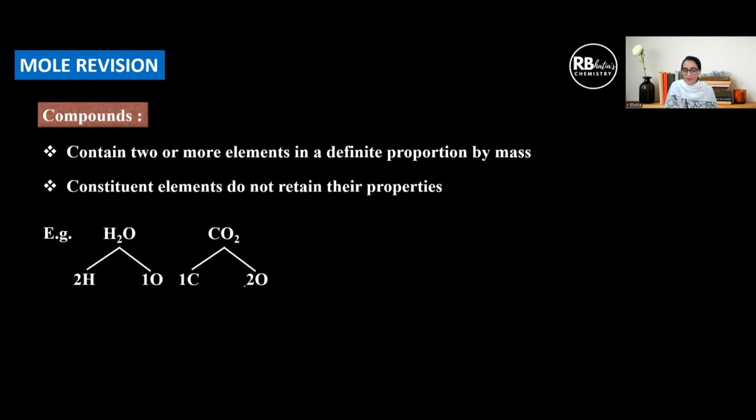Similarly, we have the example of carbon plus oxygen to give carbon dioxide. Carbon dioxide is a compound. Carbon was a black solid. Oxygen is a gas which supports combustion, and carbon dioxide is a gas which obstructs the presence of oxygen and hence is used to extinguish fire. Oxygen is one of the requirements to sustain life, and carbon dioxide is an outcome of using oxygen to liberate energy. Fine. So they have different properties.